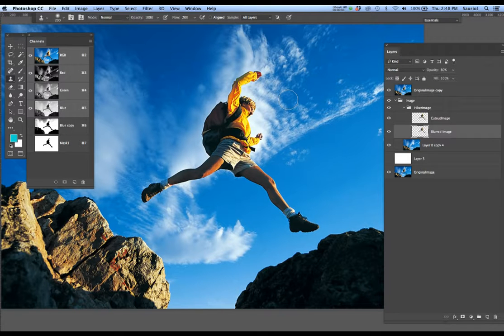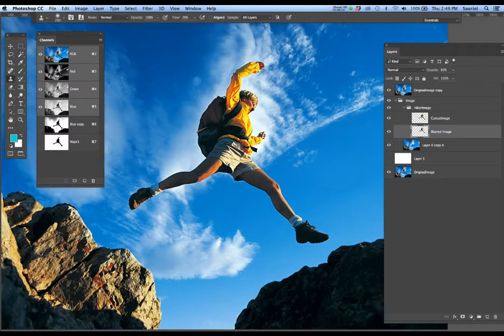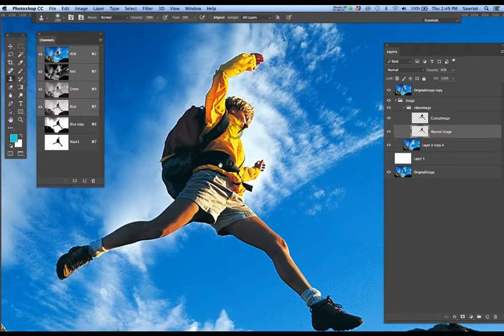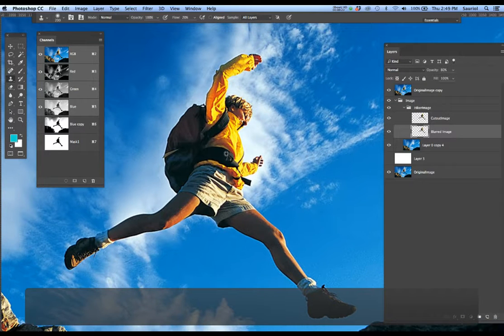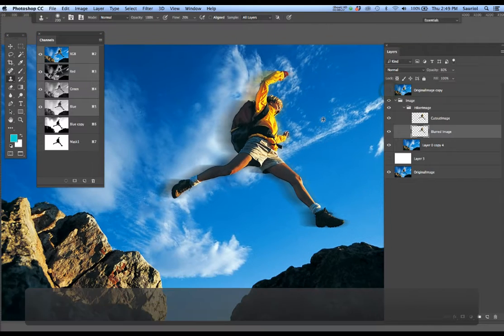This is a support tutorial movie for several of the assignments. This is going to show you how to use channels, which I have over here on the left, to cut out a figure or an object from the background and do it quickly, efficiently. Let me make this larger on screen. Do it efficiently so that you can turn something like this into something like this, where I actually was able